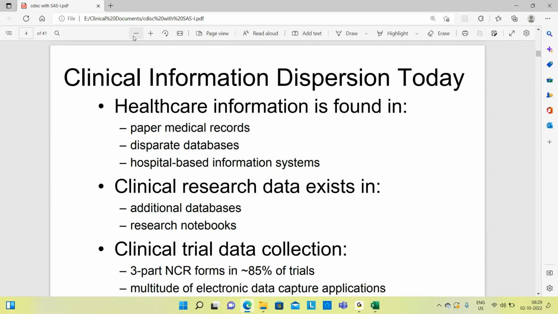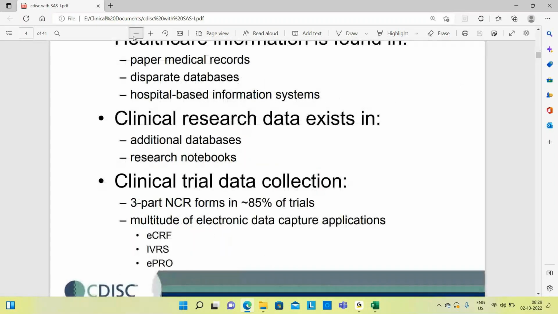Clinical research data exists in additional databases, research notebooks. And clinical trial data collection uses 3-part NCR forms in 85% of trials, and a multitude of electronic data capture applications like